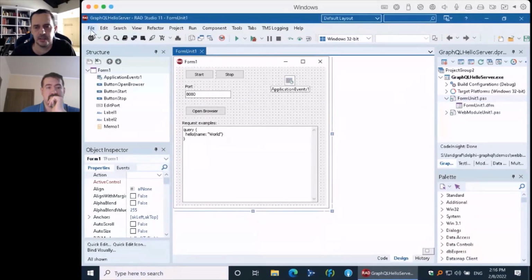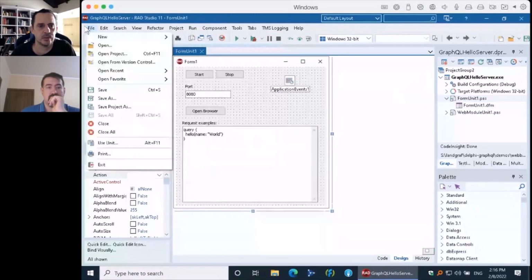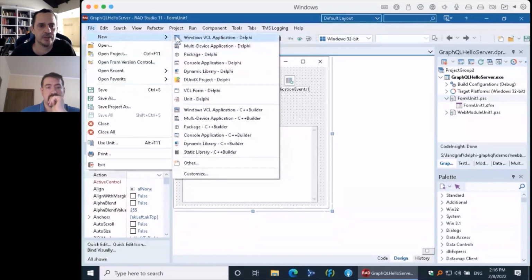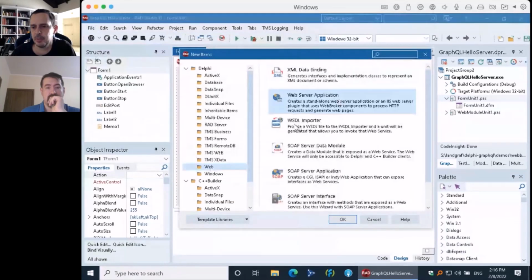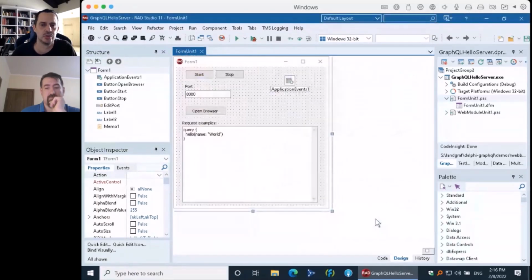To start it, it's already built, but what we did was just came here: File, New, Other, Delphi, Web, and we chose Web Server Application. This is just a regular Delphi HTTP application. So you can choose Linux or Apache or standalone with Indy, etc. This is standalone server with Indy.